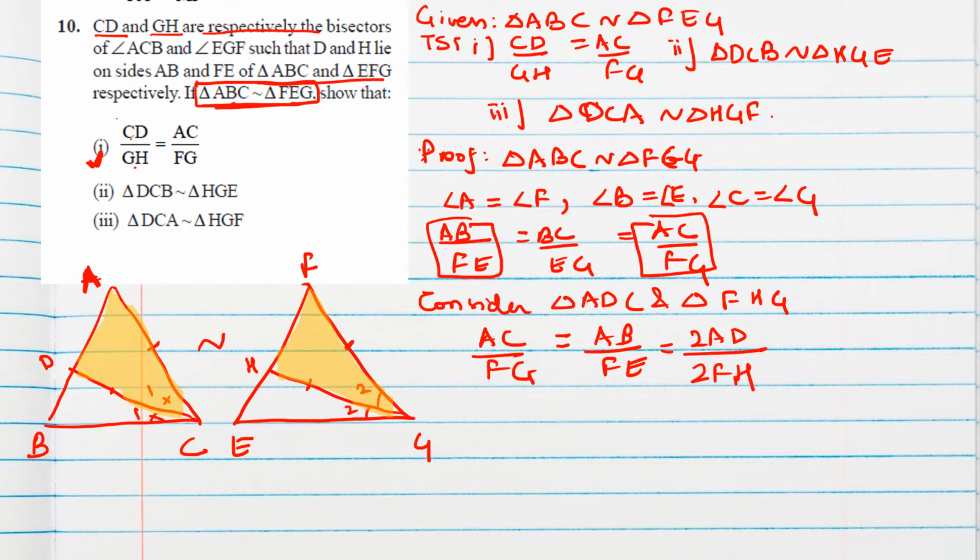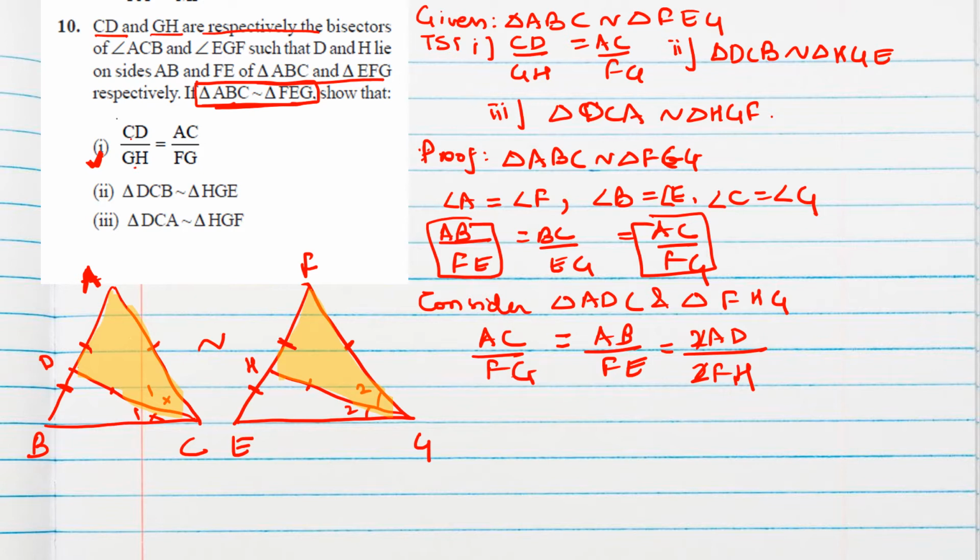Why? Because if these two sides are equal, angles are equal, okay, all the three angles are equal, so this is nothing but an equilateral triangle. So this GH and CD are bisector as well as median also. So H will act as a midpoint and D will act as a midpoint. Okay, so we can write AB as twice of AD and FE as twice of FH, so that we can cancel this. Now AC by FG we got,